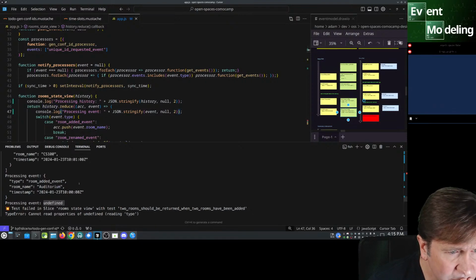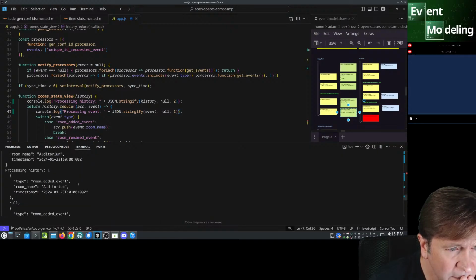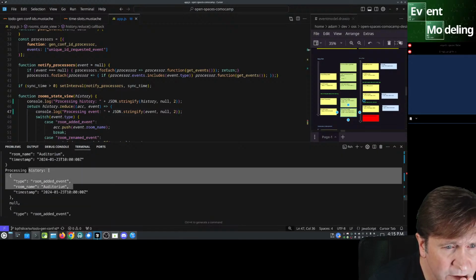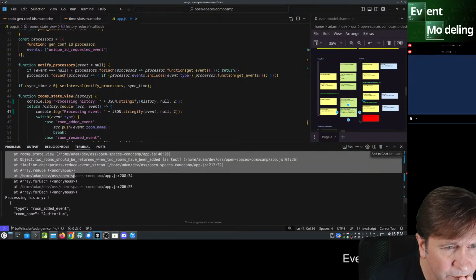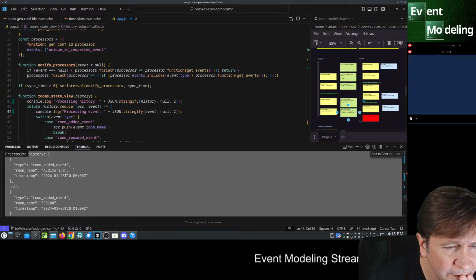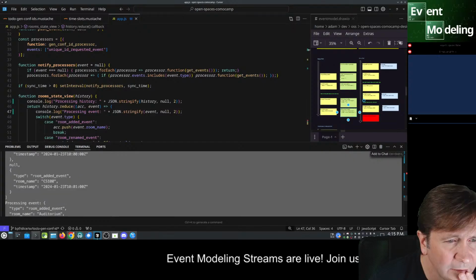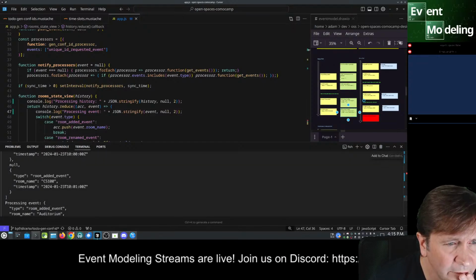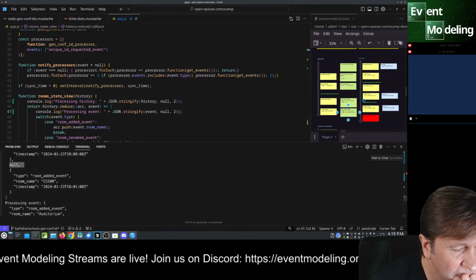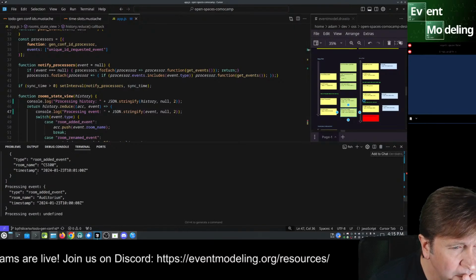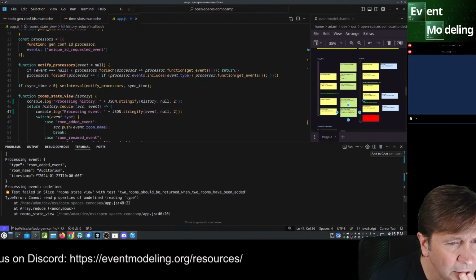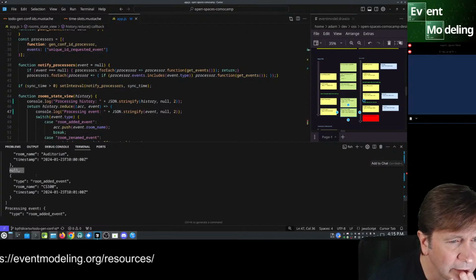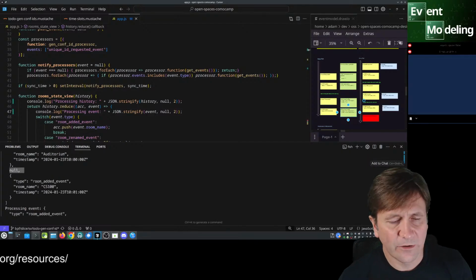So I'm getting history. Processing history is this. There's a null here. Where is this coming from? Oh, I see. There's null or undefined.